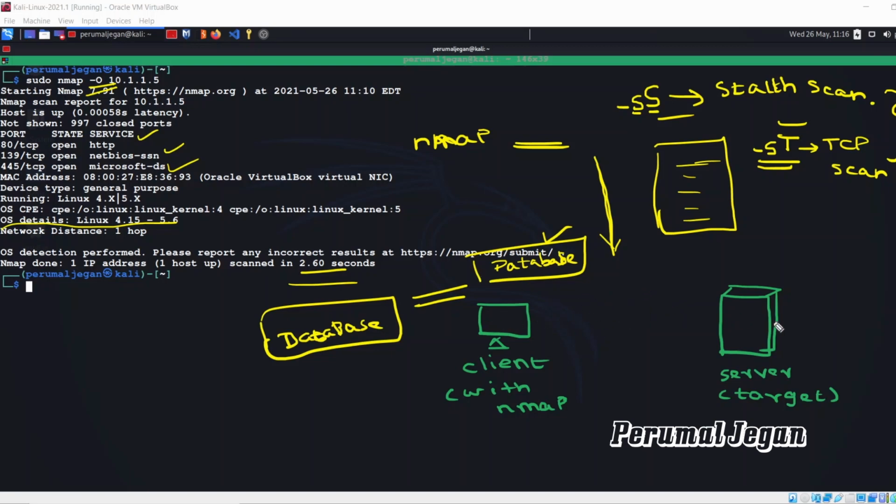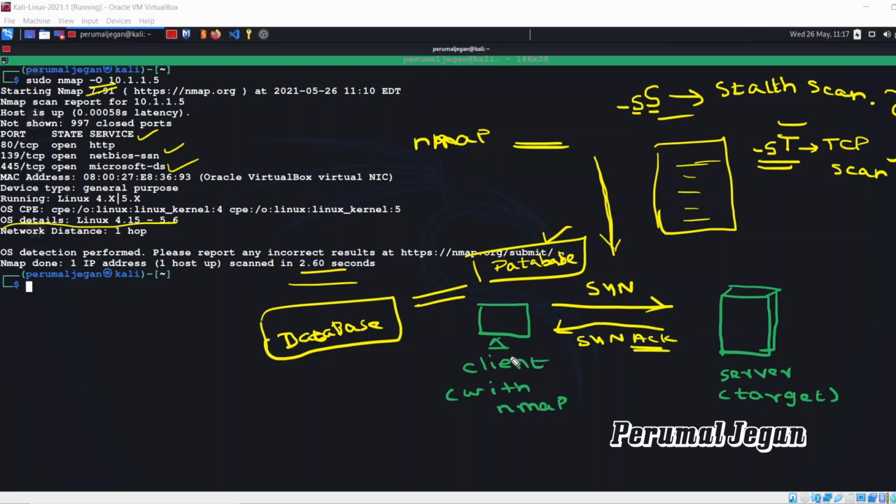Just assume the same client and server. When you are doing a stealth scan, the client will send the SYN packet. For that, the server responds with a SYN-ACK packet.